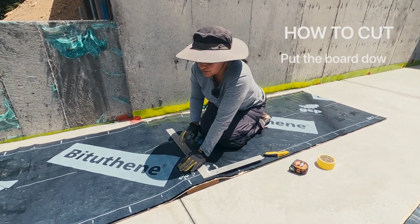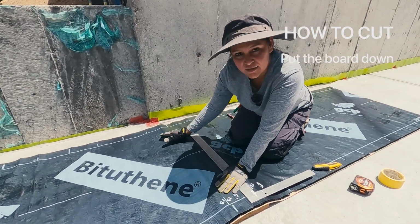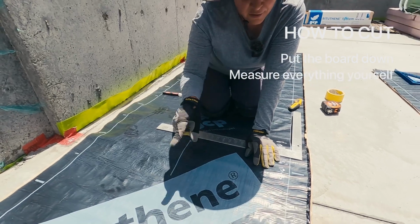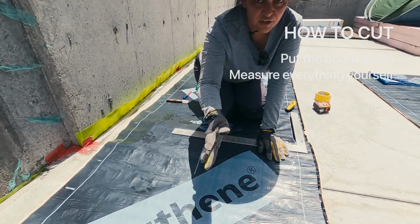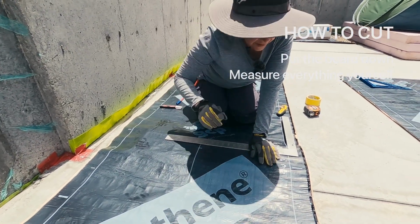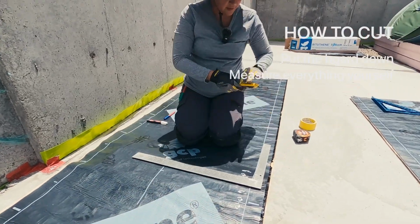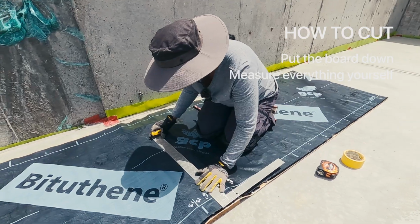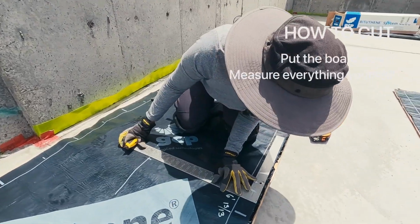One thing I should mention, the lines you see here, they are straight, but they are not always accurate. So don't trust that this is the center of the Bituthene. If you need to cut it in half, you need to measure and mark. So once I do it like this, I have my mark here. I put my square, I align it with the edge,